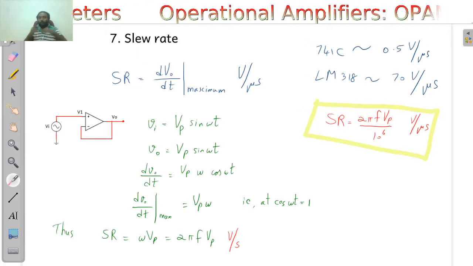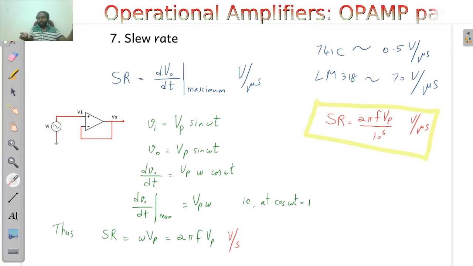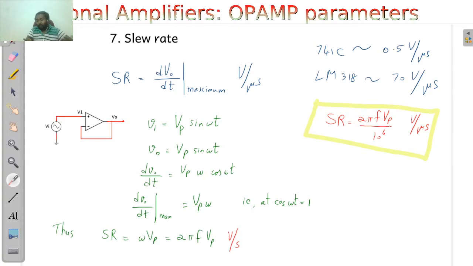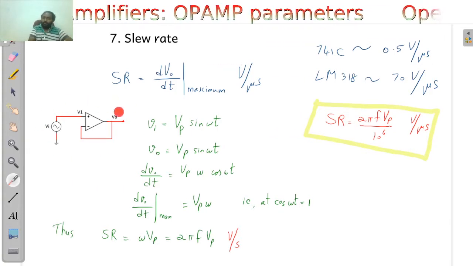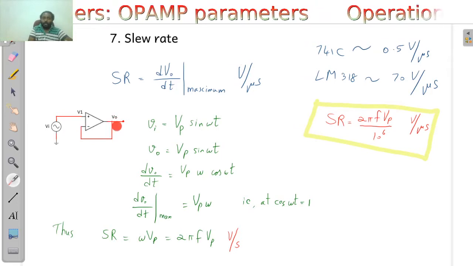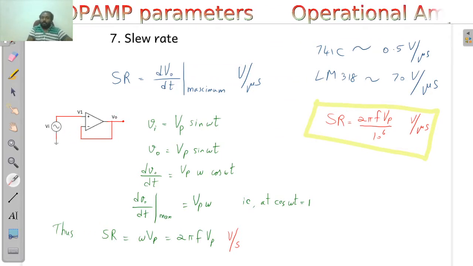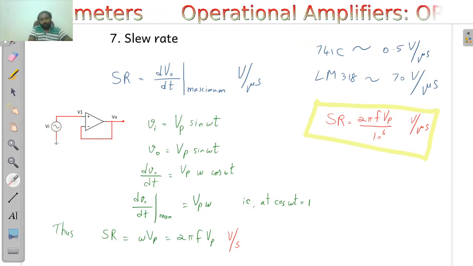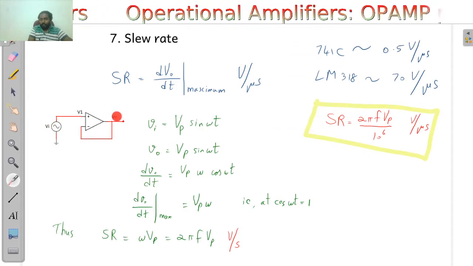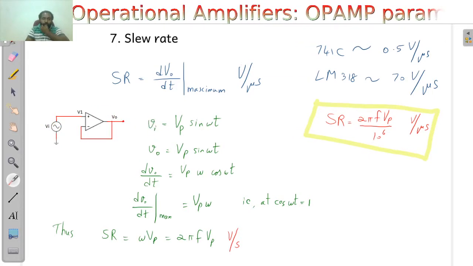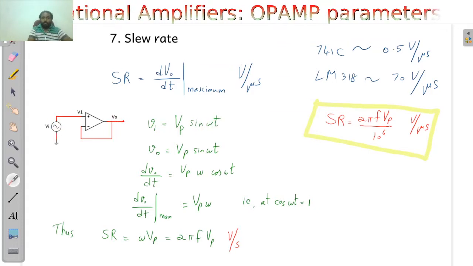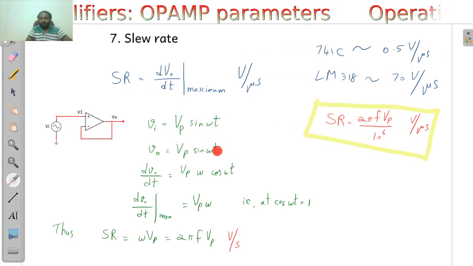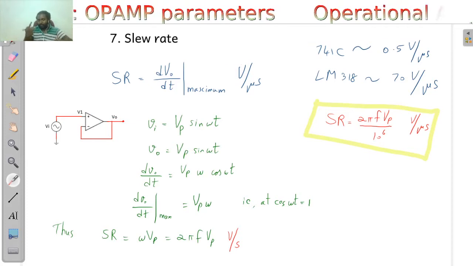Okay. So how fast the output voltage changes with respect to the changes in the input voltage, that is given by slew rate. So we can derive an equation for slew rate like this. If you consider a buffer amplifier where you will be completely feeding back the output voltage to the input like this, then the gain of the entire system will be equal to 1. So whatever be the input voltage that is applied, that input voltage will be coming at the output voltage. So Vi is equal to Vp sin omega t, that is our source, and due to the operational amplifier action, the output voltage also will become equal to Vp sin omega t, because gain A is equal to 1.